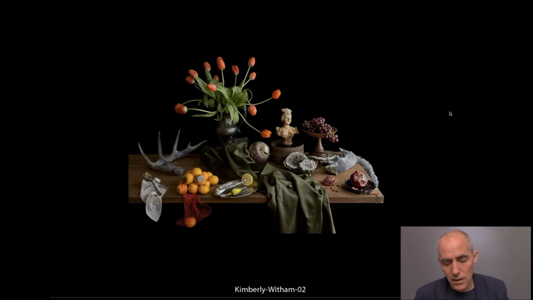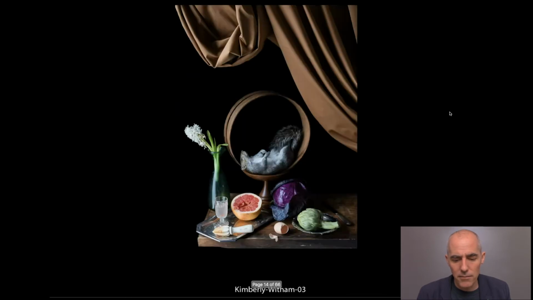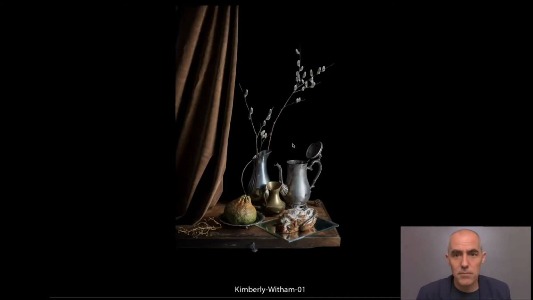Kimberly Witham, more traditional, kind of vaguely romantic still life. Right, she's doing these with, you see the drapery, the lighting, this beautiful side lighting, the wood, the materiality, the color, the way things are arranged on these plates, and dead squirrel, dead owl,